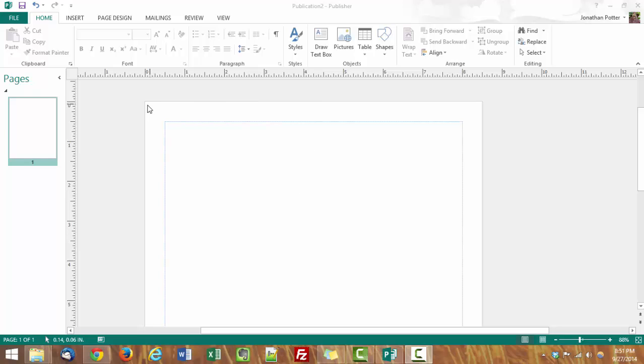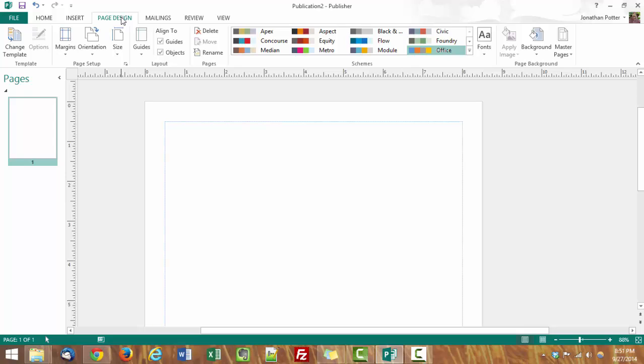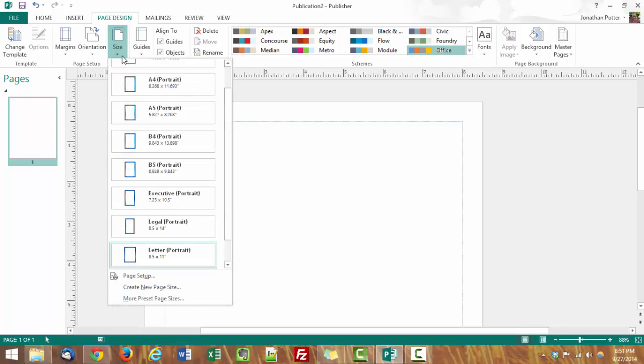Basically what we're doing is we're going to create some fake Monopoly money style stuff, and we're going to use Microsoft Publisher. So I have a new window of Publisher open here, and the first thing I'm going to do is change the page size to 4 inches by 2 inches. So to do that, I'm going to go to Page Design, and then I'm going to go to Size, and I'm going to choose Create New Page Size,